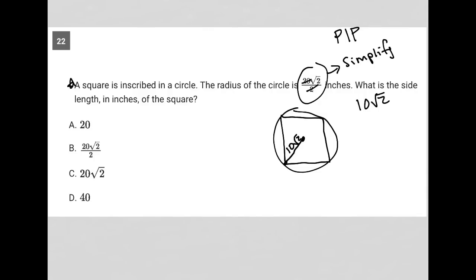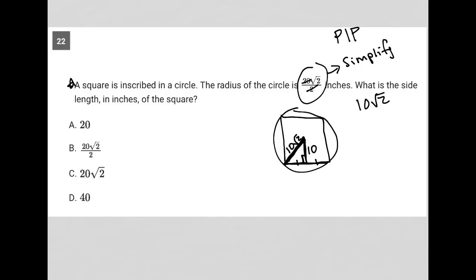What is the side length in inches of the square? So what do we know about this square? We actually don't know anything about the side lengths of the square right now. We just know that this is 10 root 2. There's a couple of ways to do this. I could drop an altitude here to make a right triangle, in which case I'd split the side of the square into 2 equal parts, and I could figure out that